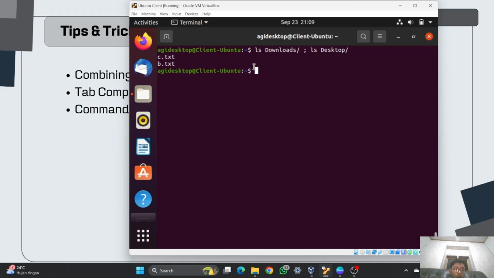And I will add, for example, a third directory. I will type it again, ls Documents, and as you can see, it is showing all the files in Downloads, Desktop, and Documents in one command line. I will clear it again,